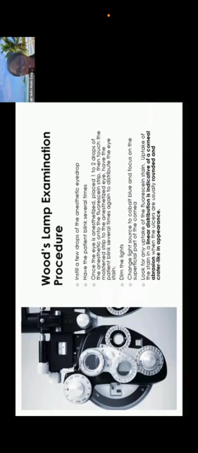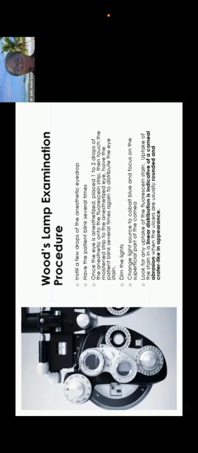For the Woods lamp examination, you want to sit the patient in the upright position and drop 1 to 2 drops of the anesthetic in the eye. It is easier for you to have the patient hold the bottom of the eye and you open the top lid. If the patient is very light sensitive, you have to be really quick. So I would have them chin up and tilt the head back, and you want to drop it somewhere on the eyeball. Typically have them look in an outer direction or in the opposite direction of where you're going to place the drops. Once the eye is anesthetized,